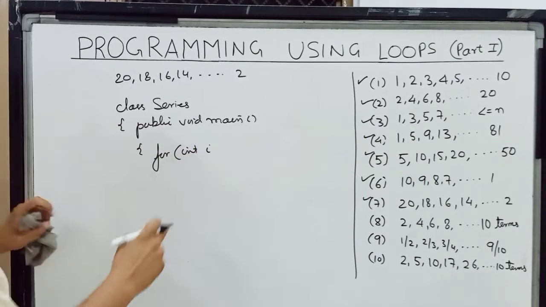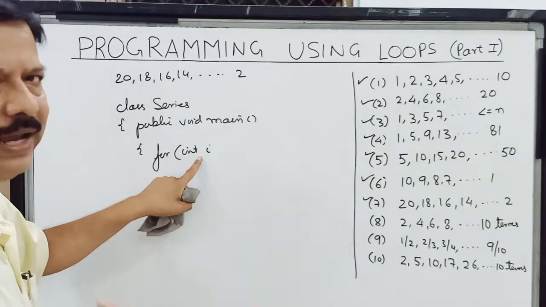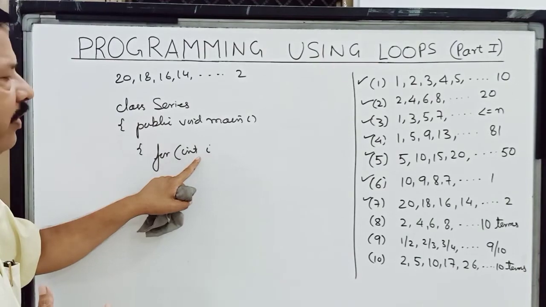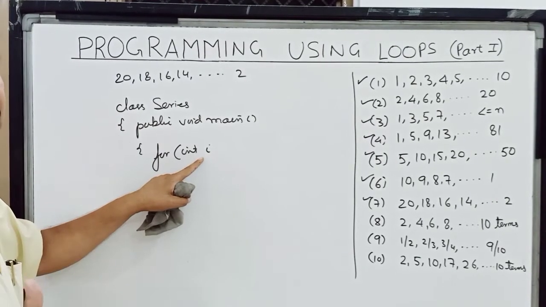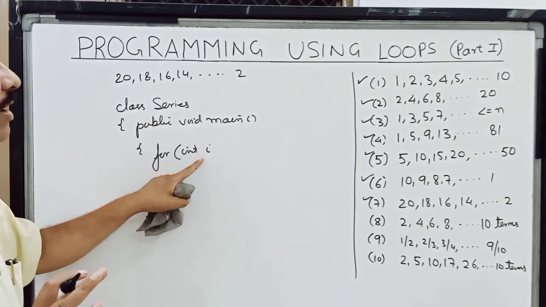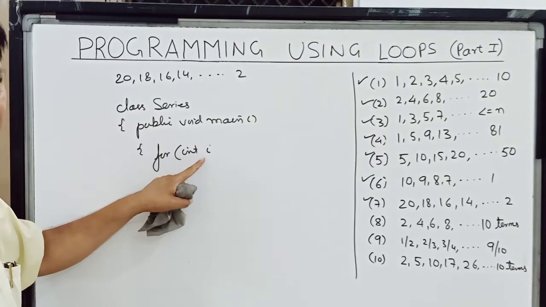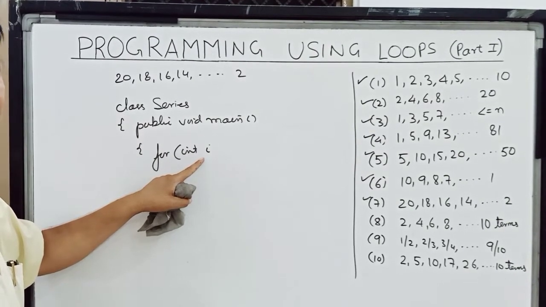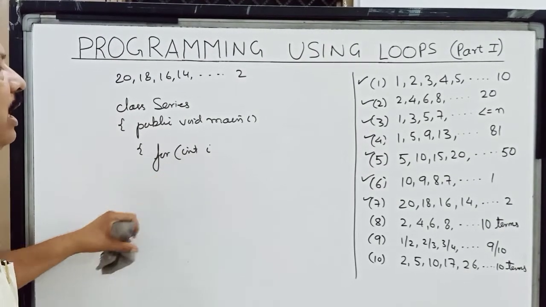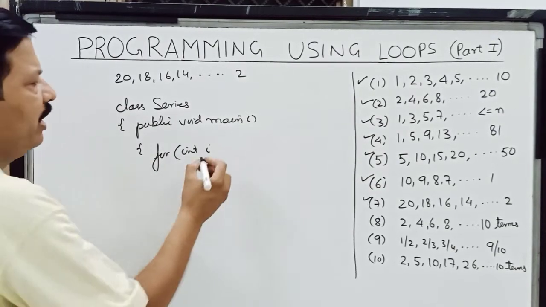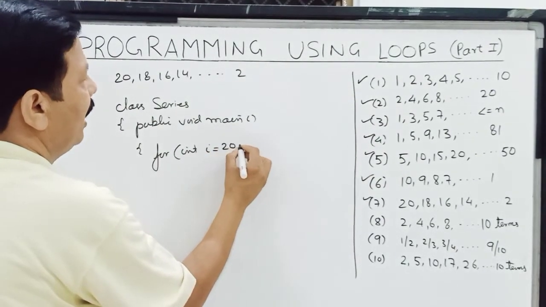Children, this i can be any other variable also. I am taking it for my variables. So I have reserved my variables according to myself. For loops I am taking i and j. For numbers I take n, or for name also I take n. So you can take any other variable also other than i.